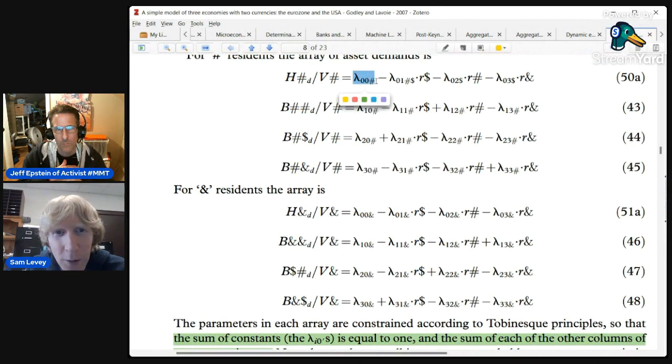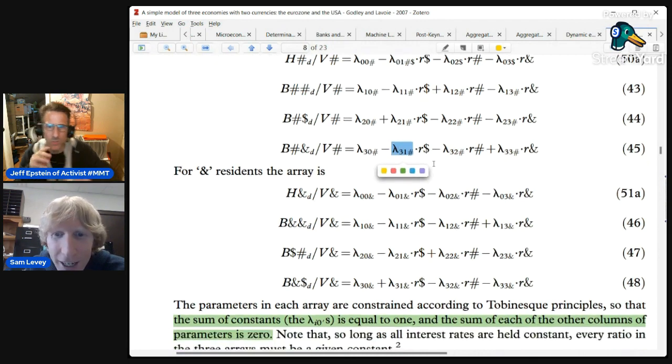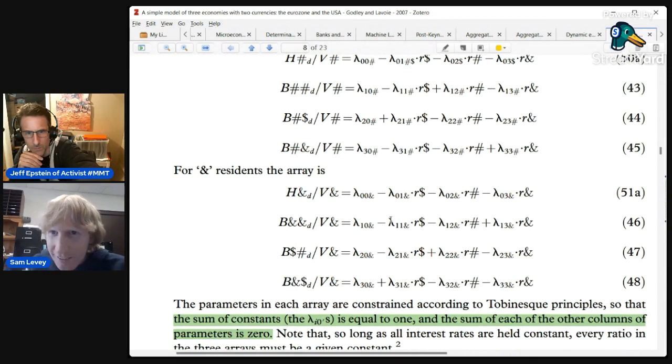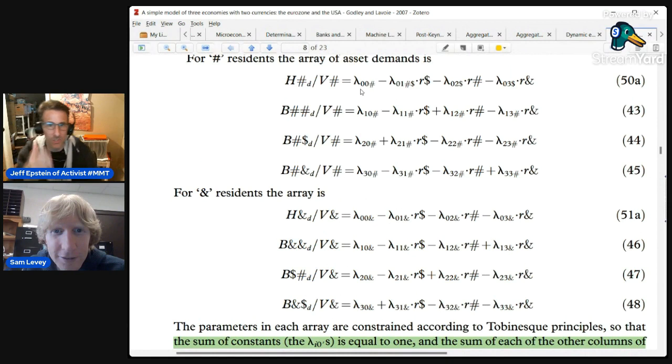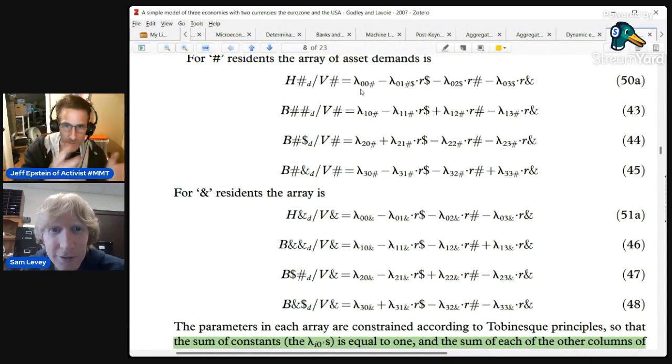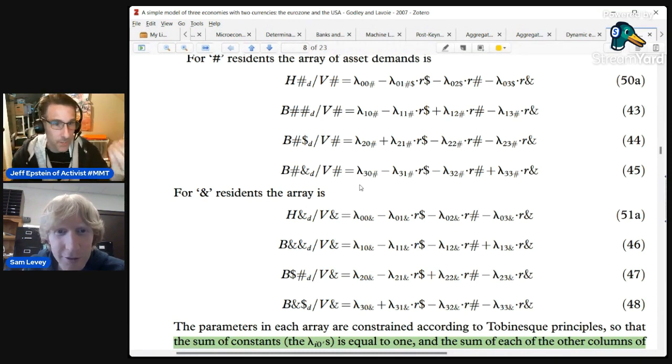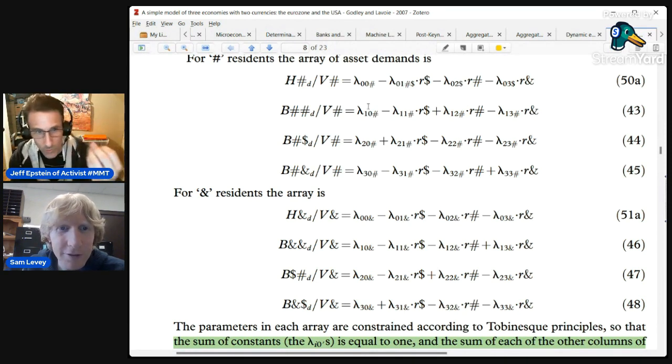There's like lambda 00 pound, lambda 01 pound dollar, lambda 01 pound dollar, and so on. There's like a lot of numbers here. So 0 is just the first line, 1 is the second line, 2 is the third line. The second digit, in this context, is a constant. The first one is a constant. Like when I import, I always import a small amount of something, regardless of what's going on in the world. So whatever this is, I'm always doing something, regardless of what's going on in the world.